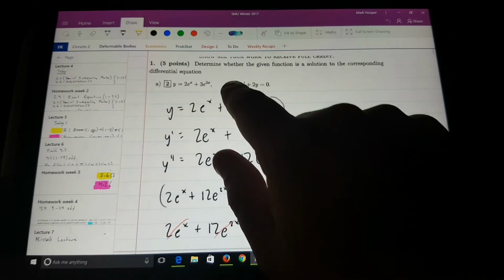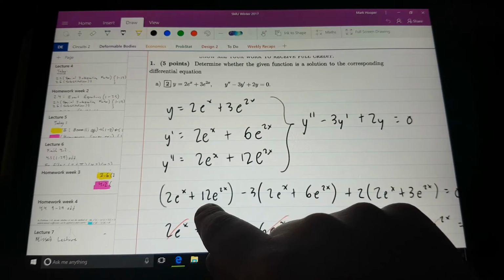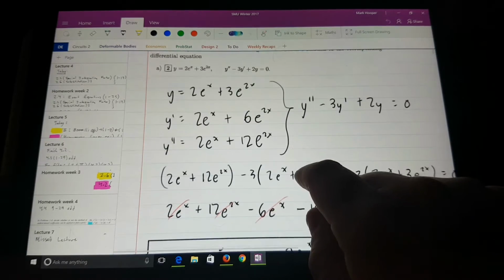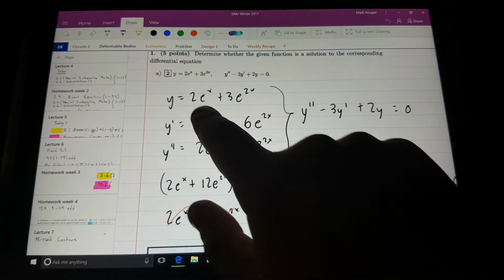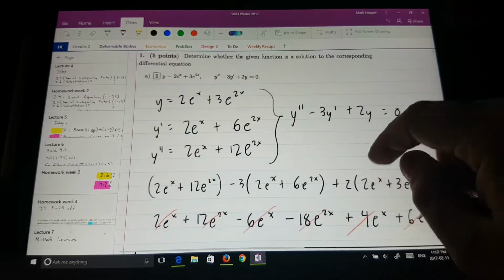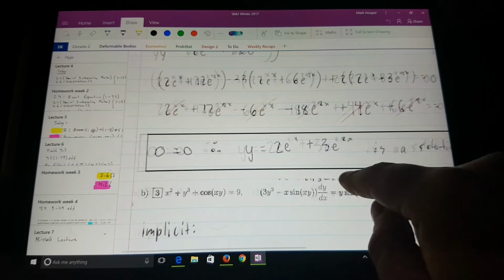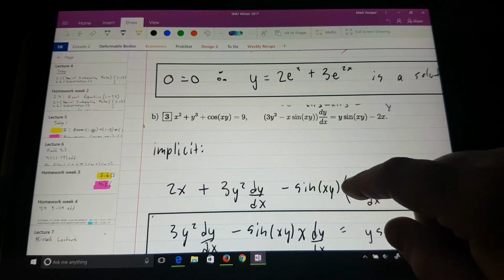So we've got a single y double prime, so that's this guy, minus 3y prime, which is this guy, and plus 2y equals 0. And then we'll find that these all cancel out and 0 equals 0, so this one is a solution. So this one here,